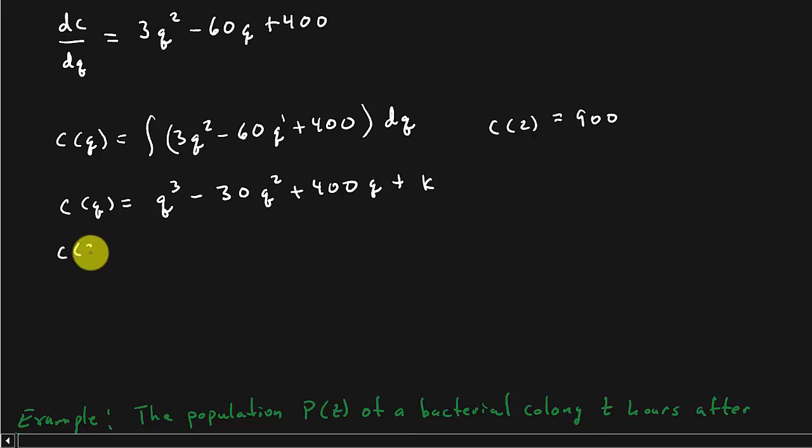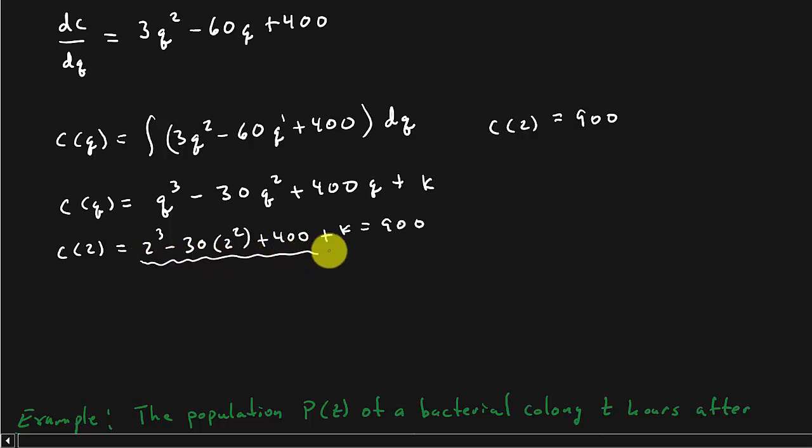So C of 2 is equal to 2 cubed minus 30 times 2 squared plus 400 times 2 plus K, and that should equal 900. Then when you take this equation and solve it for K, you can plug all that in your calculator, add it up, and subtract it from the other side. You're going to get K is equal to